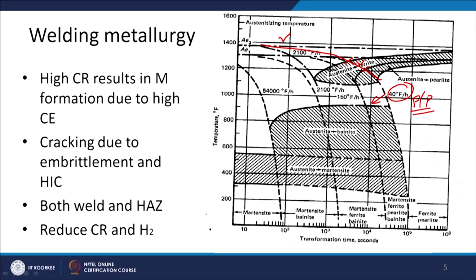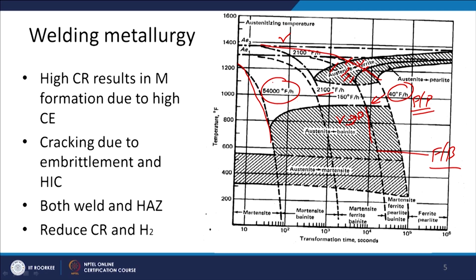When we use further higher cooling rates, say 150 degree Fahrenheit per hour, primarily we get the transformation of the ferrite and then the bainite. So both the ferrite and the bainite phases are formed. When the cooling rate is further higher, like say 2100 degree Fahrenheit per hour, the soft phase formation like ferrite and pearlite formation is avoided, and primarily we get the transformation of austenite into the bainite. This is the zone where we will have different proportions of bainite and martensite, and this is the critical temperature where we can see 54